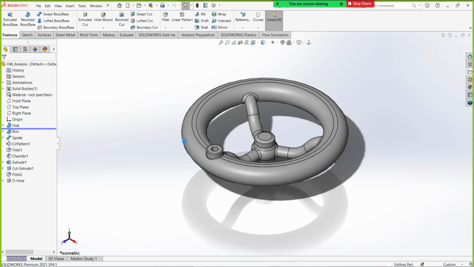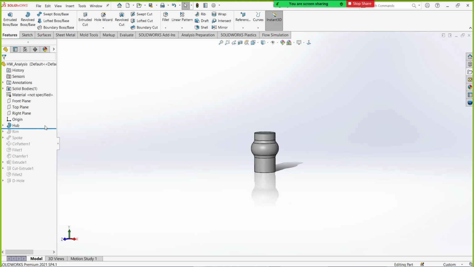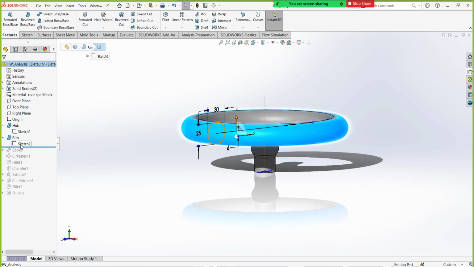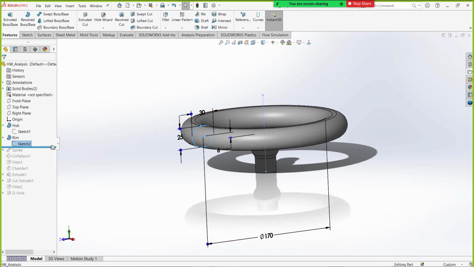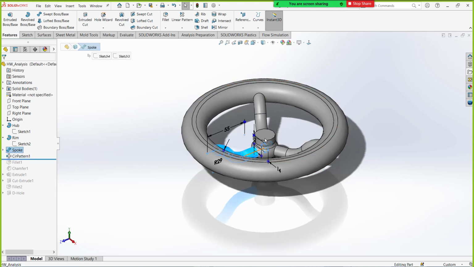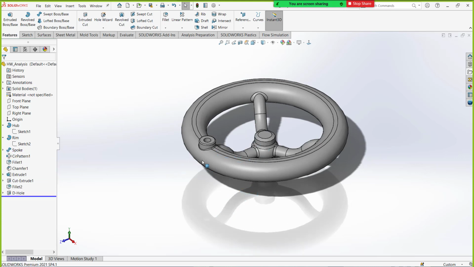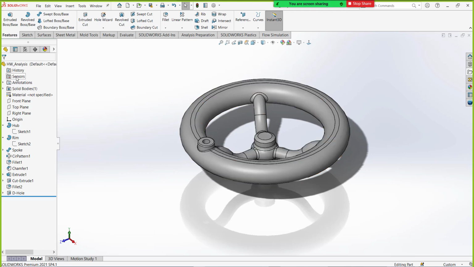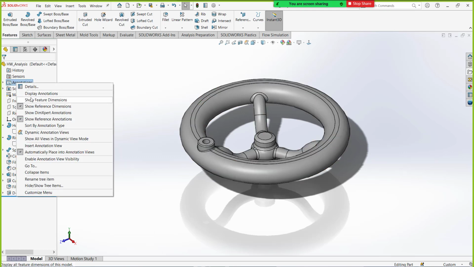Okay. Now the first thing is hub, the center part. We'll draw the sketch and we'll revolve it. Once you are done with this, the bigger one, the slot. We'll revolve it, and then the sweep and the circular pattern accordingly, and then finally creating the cutouts and fillets. Shall we do that? Yes. Concentrate now.